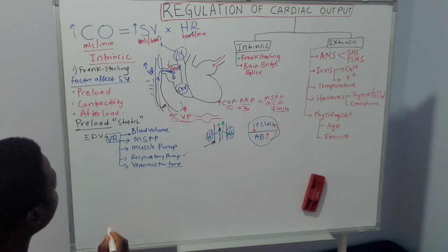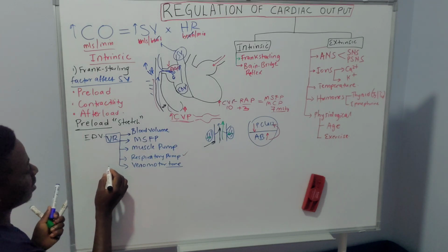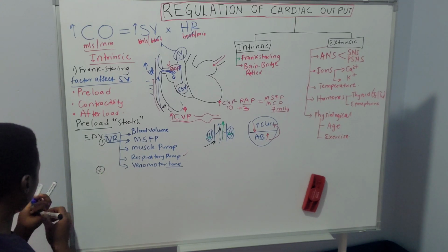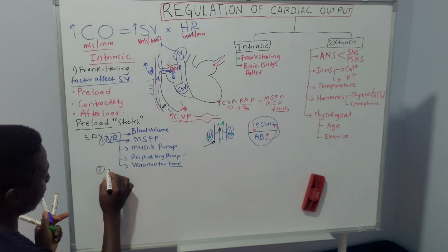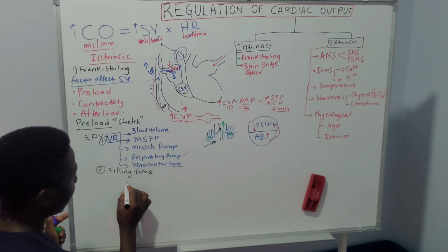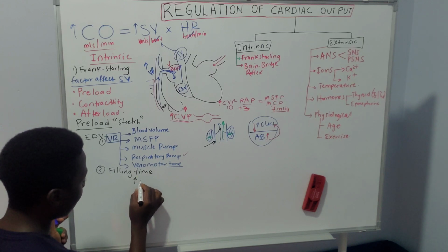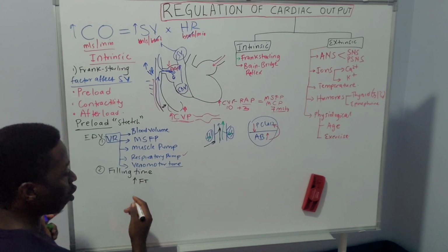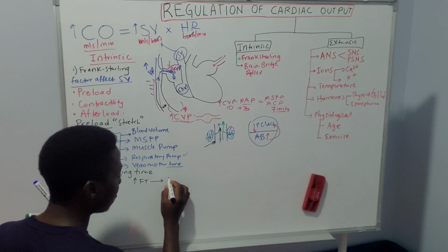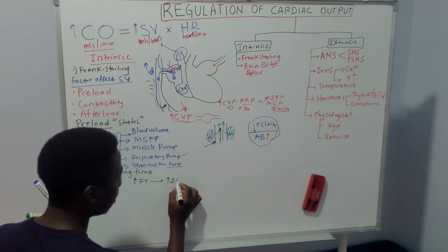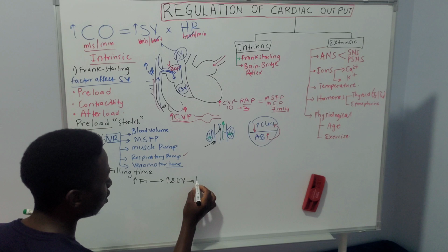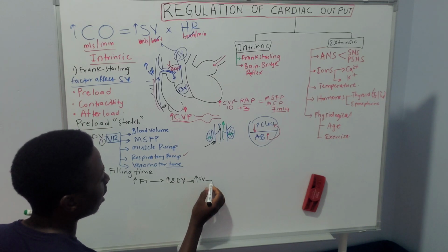venous return. The other thing that can actually affect end diastolic volume, one is the venous return, two is what we call the filling time. Okay, so the filling time. So the longer, or the higher the filling time, or the more time you spend in diastole, the more you're allowing the heart to actually fill. So you'll be increasing the end diastolic volume. So eventually if you increase the end diastolic volume, you're going to increase the stroke volume and eventually increase